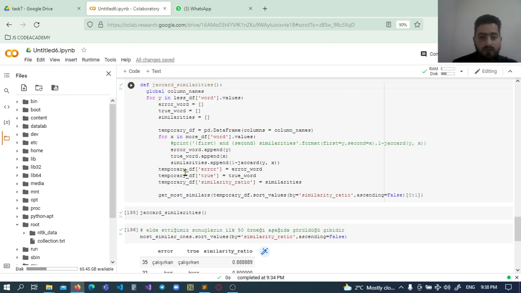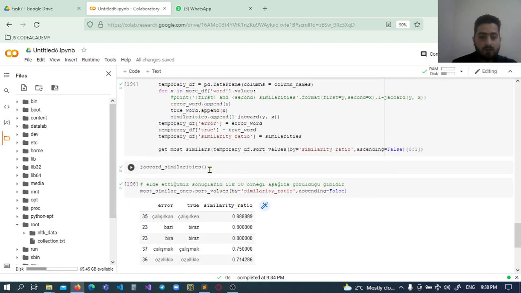Then the temporary data frame is filled with the error column as the error word list, the true column as the true word list, and the similarity ratio as the similarities list. And lastly, we are calling the get most similars function on this temporary data frame after sorting the values over similarity ratio for the items that have a similarity ratio between 0 and 1. Then after that, we are calling our jaccard similarity function and printing the